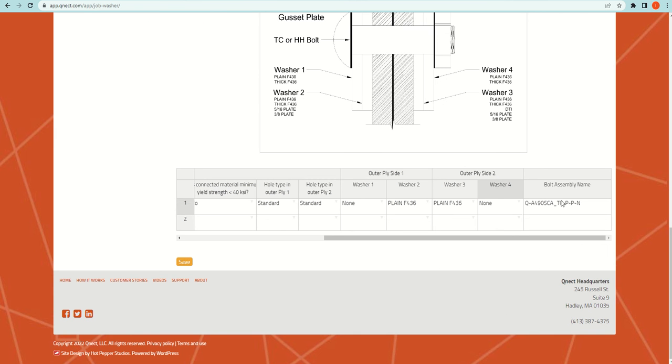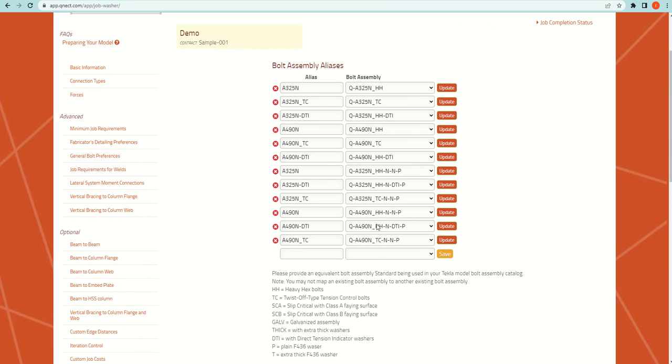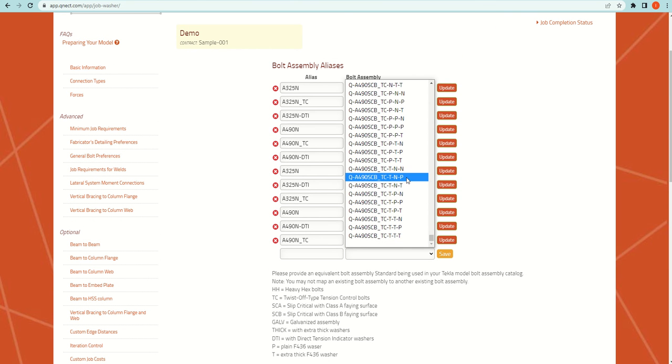So you see here, this is a bolt assembly name. It starts with Q, which is the Connect prefix. Then you have A490 slip critical A. Then you have TC bolt, tension control. Then you have plain washers, 2 plain washers, PP. And then you have N, which is non washer number. The last washer N means no, none. So 2 washers only. Then I can go and map this name, which means I can select here Q, A490